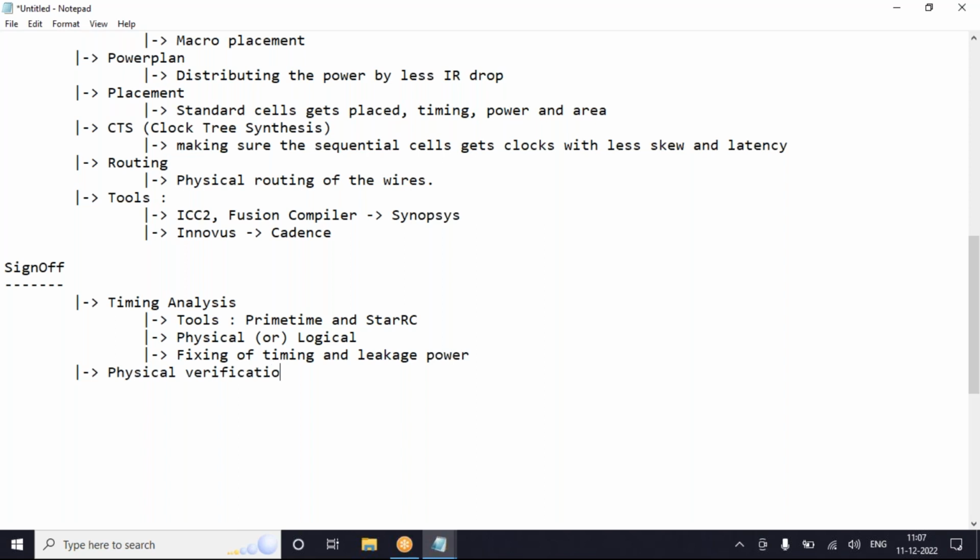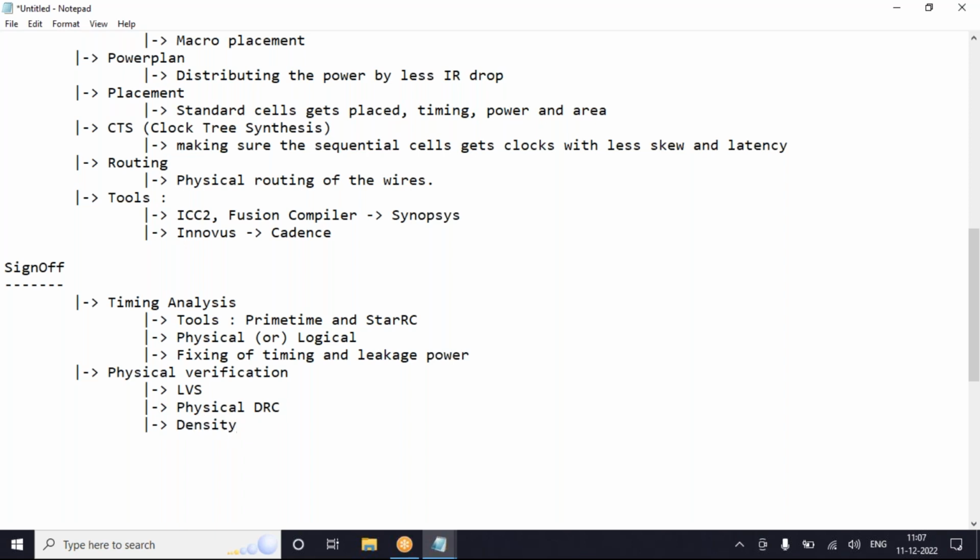Next is physical verification. In this physical verification, we will be observing a few terms like metal densities, and also terms like LVS, layout versus schematic, physical DRC, and densities.